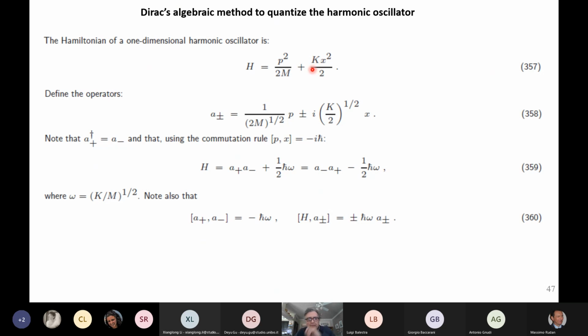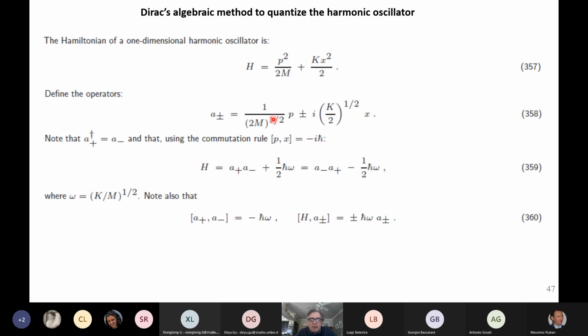Force will be minus kx, away from the equilibrium position, which is at x equals 0. So Dirac defined some operators. If we quantize it, P becomes an operator and X becomes the multiplication operator, the position operator. So he defined two operators, A plus or minus, which are defined this way. They're a linear combination of P and X,